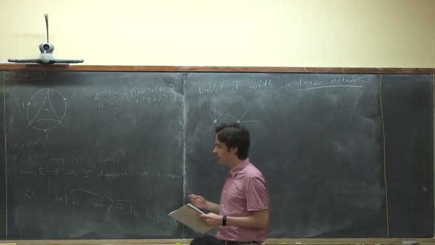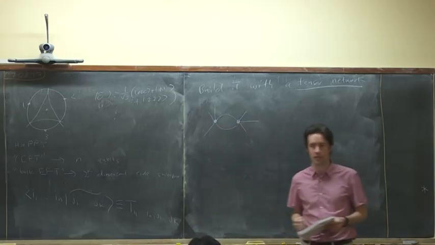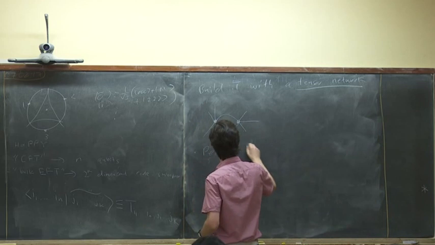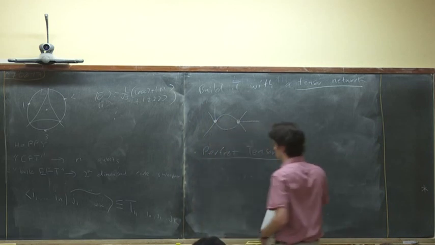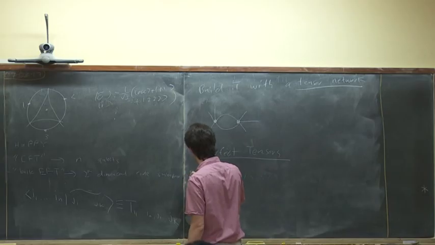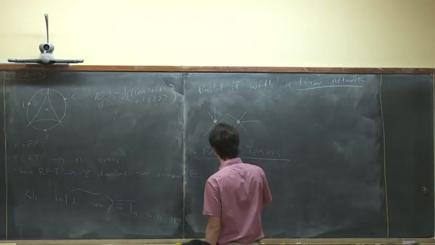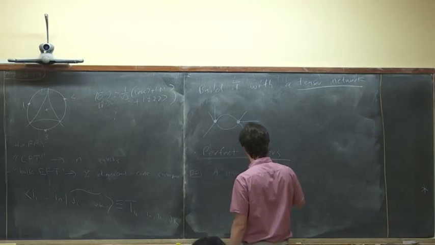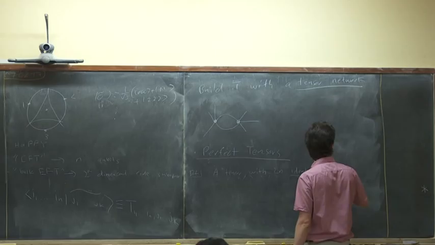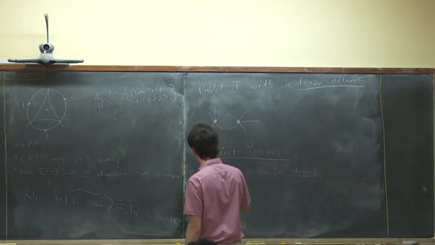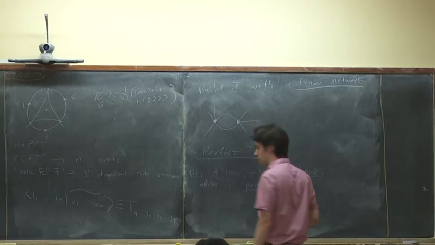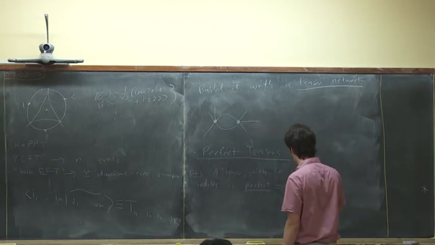101. Now the tensors I'm going to use as the building block tensors are a special kind of tensors, which are called perfect tensors. So, definition: a tensor with 2n identical indices is perfect. So what that means is that any